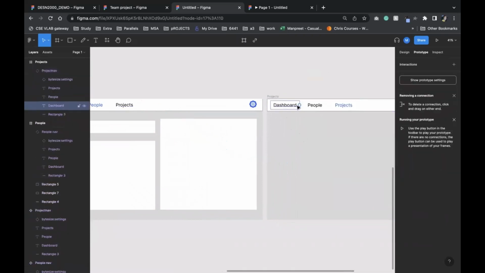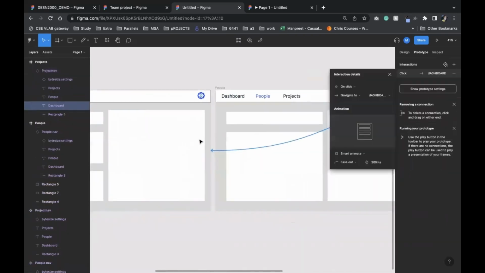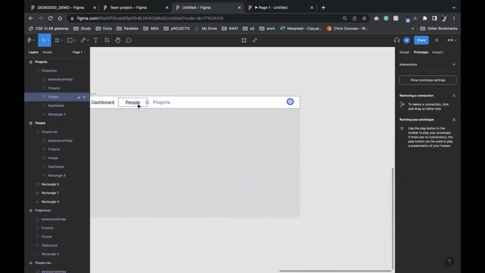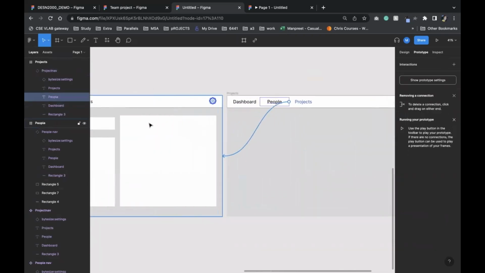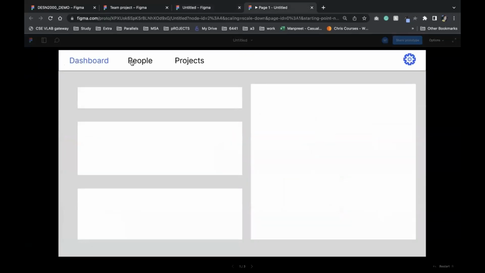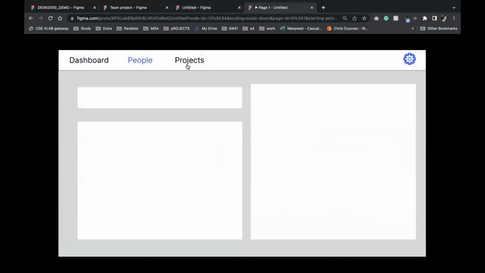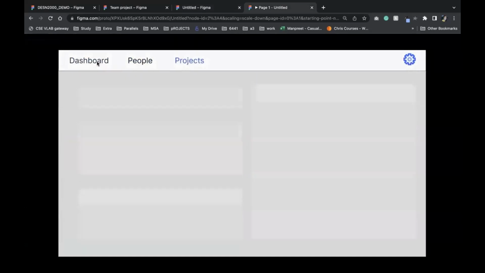Then we have dashboard going to dashboard. And then people going to the people page. Great. So now if I go back to my prototype, I should be able to, whenever clicking on something, it's